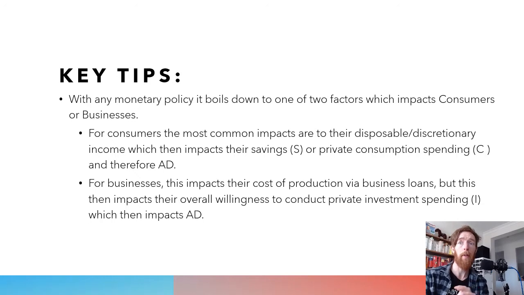When we talk about the expansionary policy from March, we often talk about how it incentivizes consumers to borrow money, and de-incentivizes them from saving because there's not as much of a return on savings. So they're more likely to borrow money, which increases their overall ability to spend and should hopefully increase private consumption spending and therefore aggregate demand. We know that's not the case because of low consumer confidence, and we'll get into that later too, about the effectiveness of monetary policy, but that's the general idea.